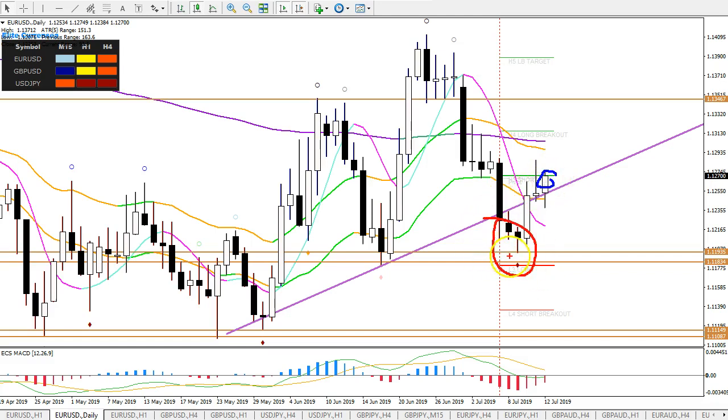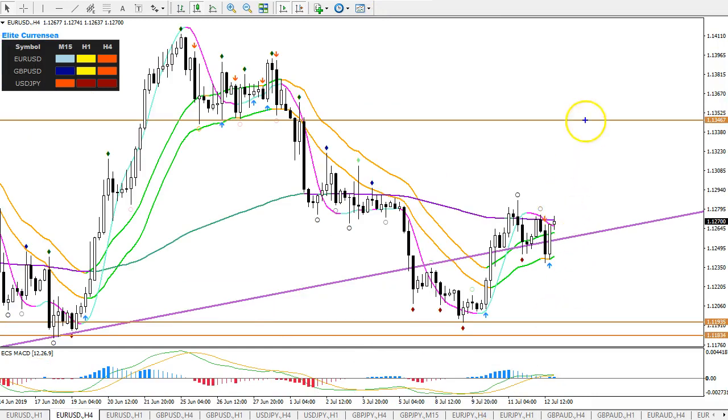This could be a false break, just based on the fact that NFP last Friday looked a little bit better. But ultimately price bounced at 111.80, did not break below it, and price is back in the uptrend channel. So I think an upside continuation to 113.50 for the moment is likely, and maybe beyond that, depending on how price responds in this